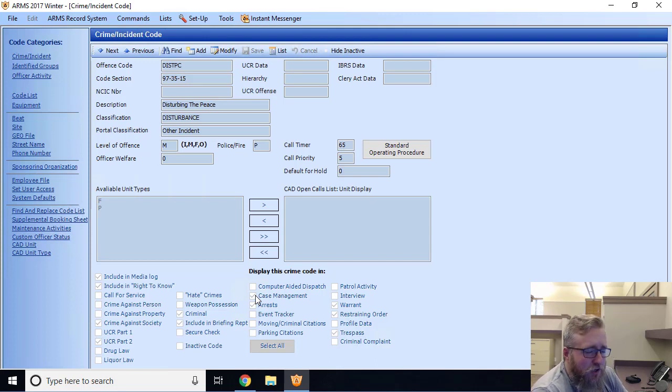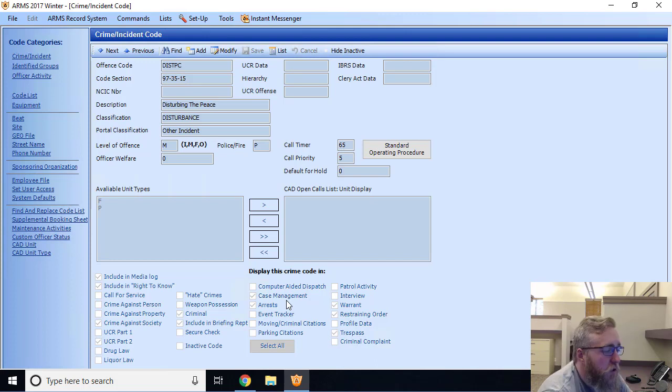Now, if I'm a dispatcher, I'm only worried about two types of burglary codes: burglary to report and burglary in progress. I don't want my dispatcher to have to sort through 30 different burglary codes to get to the code they need. So I would mark my burglary to report and my burglary in progress as computer-aided dispatch, but not case management. Because once the dispatcher issues that case report, I want the officer to be forced to